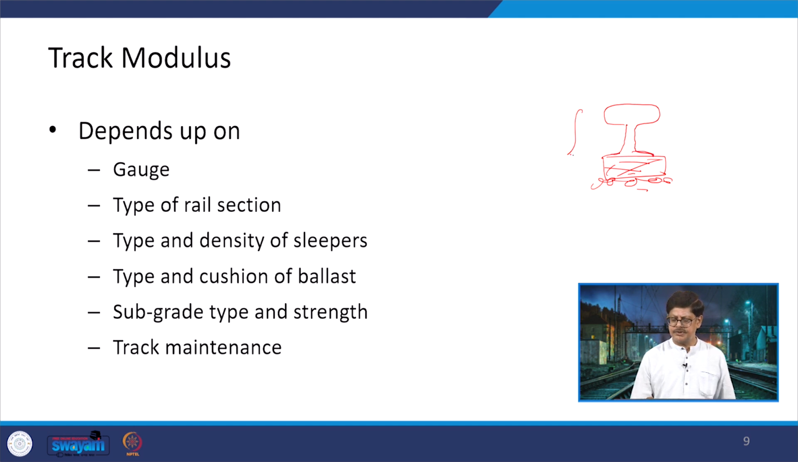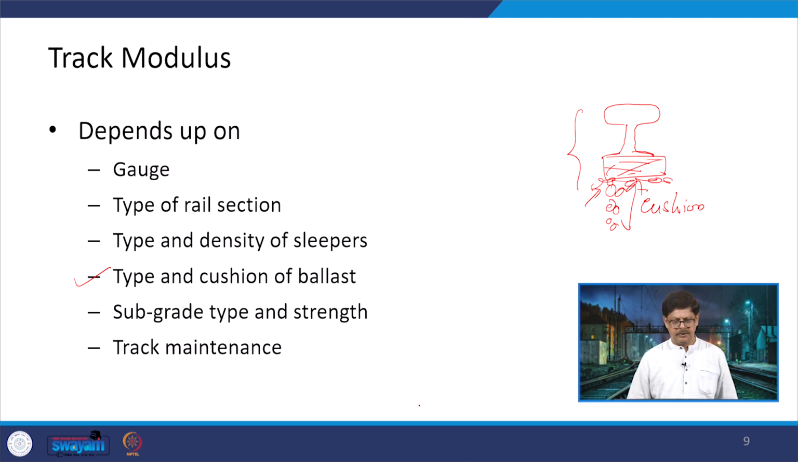So, this total system is already there. That means now the factors which are going to make a difference, if we start from the bottom, are what type of ballast is being used, and what is the depth of this ballast. So, this is the cushion. This we have already discussed when we talked about the permanent way. So, the type and the cushion of the ballast is going to make a difference in terms of the track